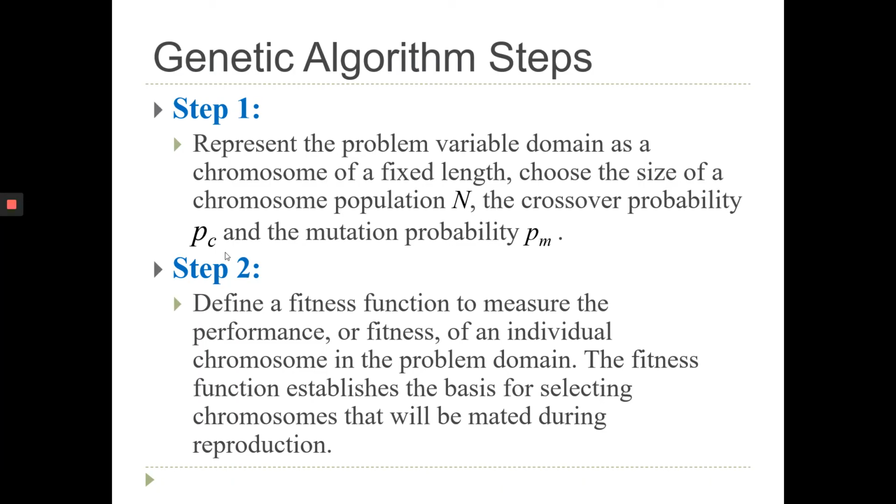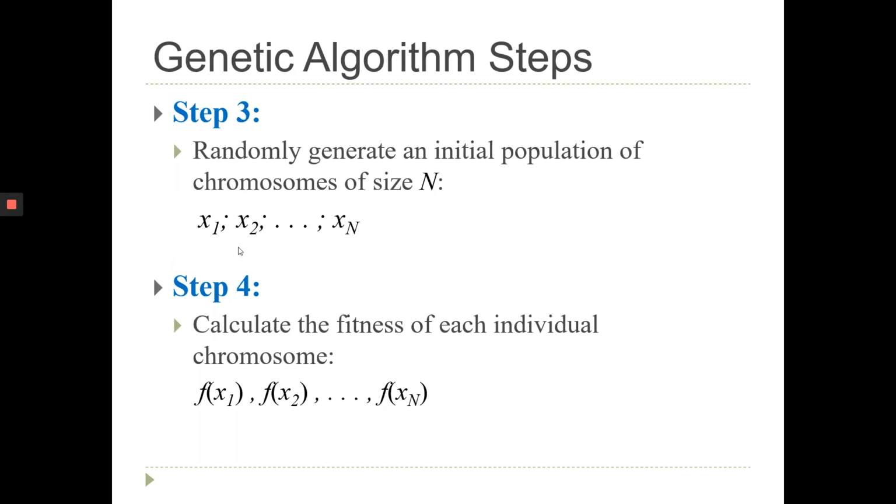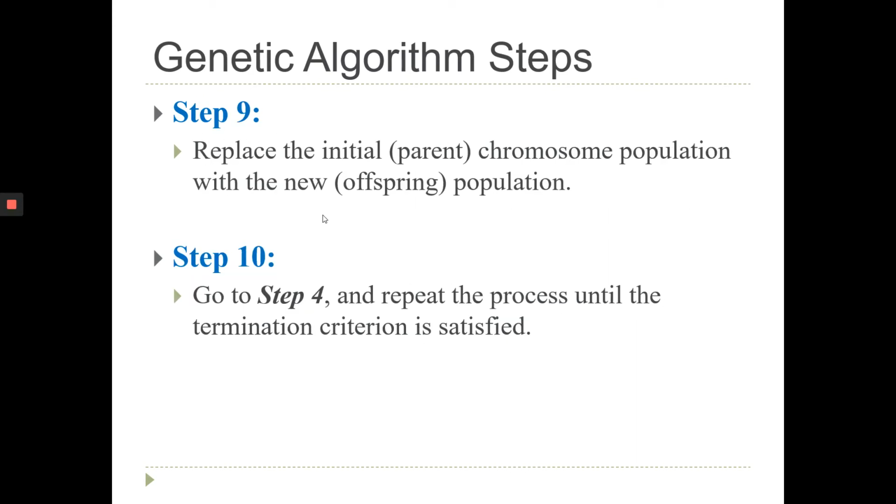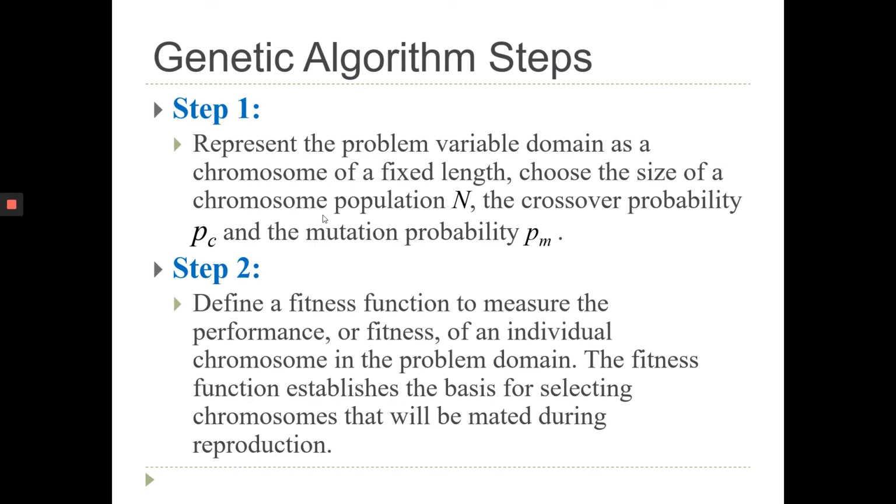So in the first example, we try to discuss the genetic algorithm steps. It contains 10 steps. Start with the first, initialize: try to represent the problem by variable domains, initialize the chromosomes, what is the chromosome size, what the chromosome contains, and also initialize the size of the random selection, the population, by numbers, maybe